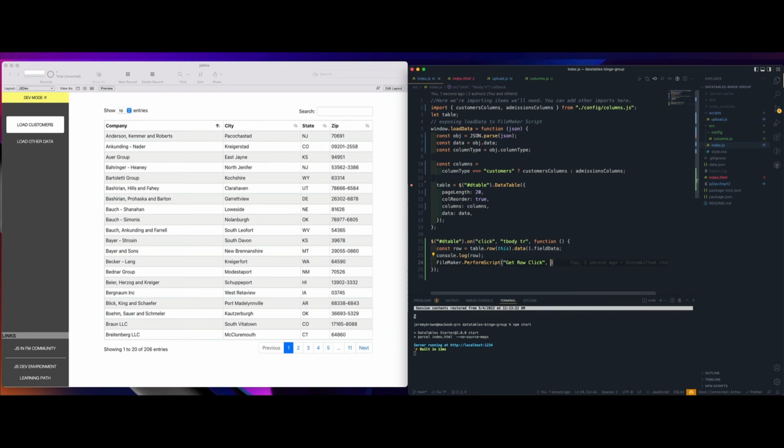Now again, in my training session, I have taught people that we can't just pass back that nice object because FileMaker won't know what to do with it. So instead, we wrap that object in a JSON.stringify function. There we go. So when we run this, we're going to get an error because we haven't written that script.